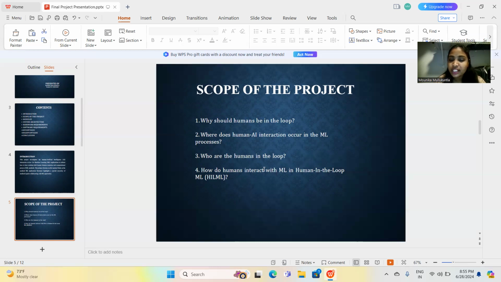Next, how do humans interact with machine learning? Human in the loop of machine learning. Humans label and process the data, ensuring it is clean, accurate, and ready for training. Once it is labeled, it will go for training. In the training, human experts select the algorithms and guide the training process.